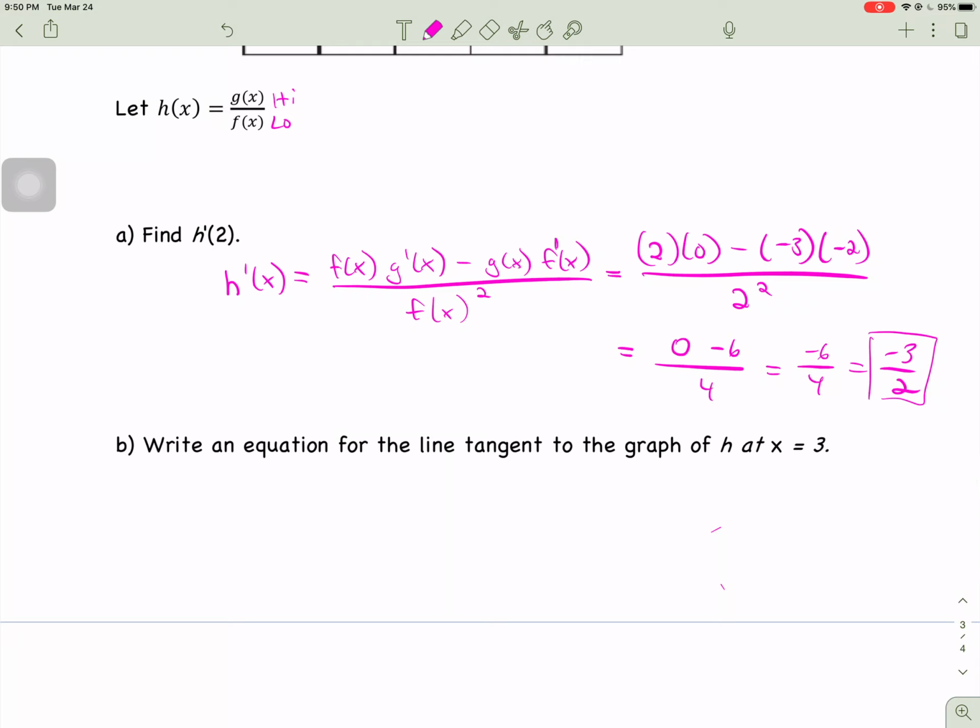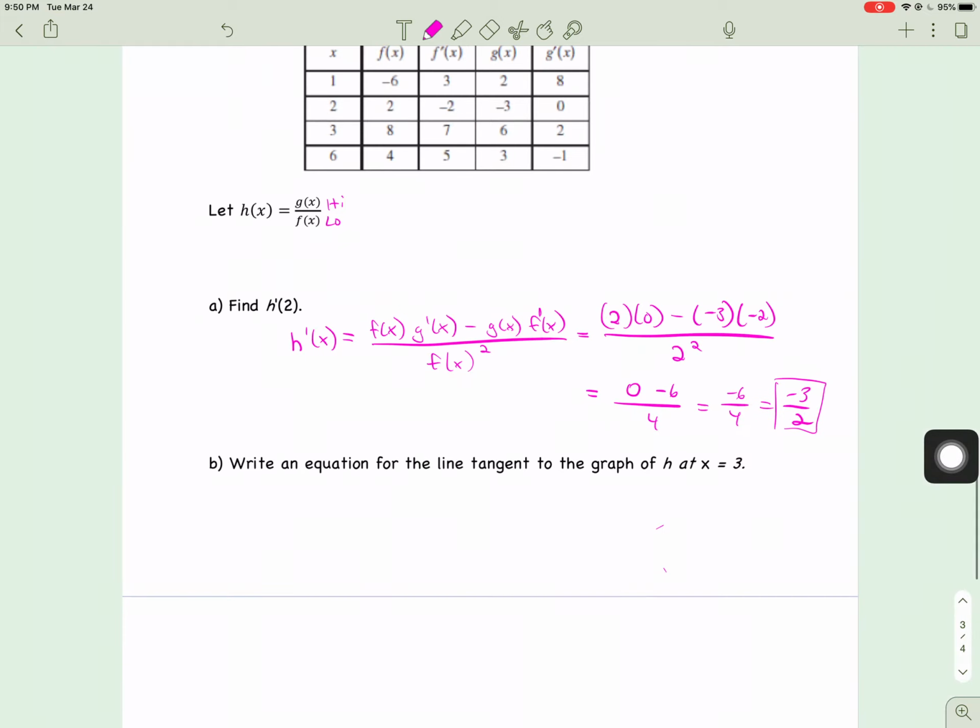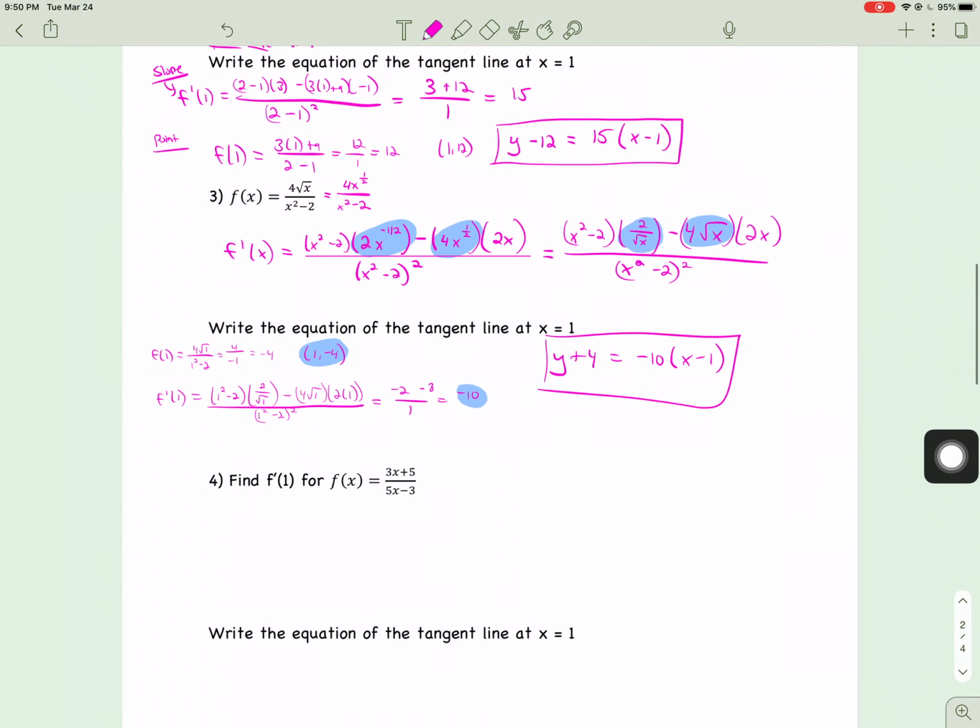Okay. Write the equation of the line tangent to the graph at x equals 3. So here what you would have to do is find h of 3, find h prime of 3, get the slope, and you're good to go. Now I'm going to not do that for time, so check it out, try the rest,